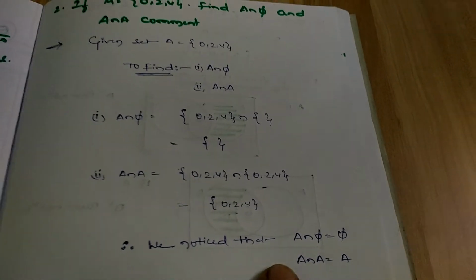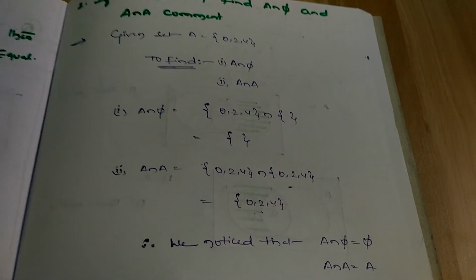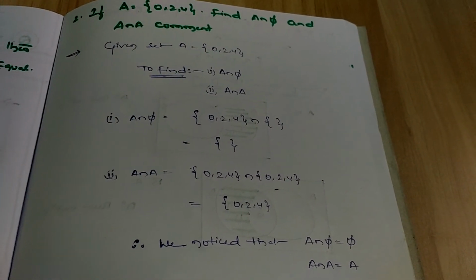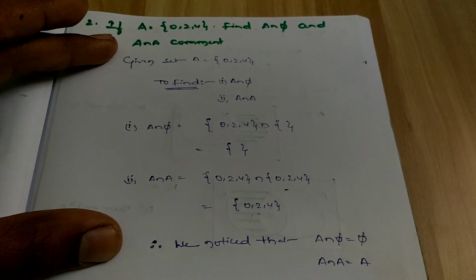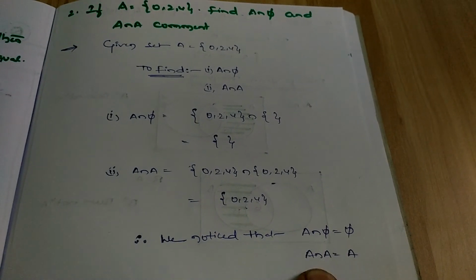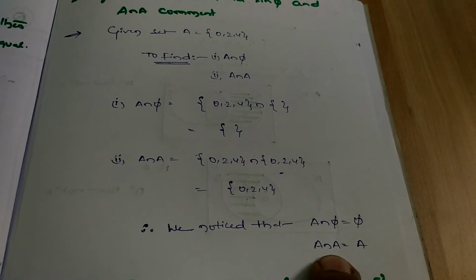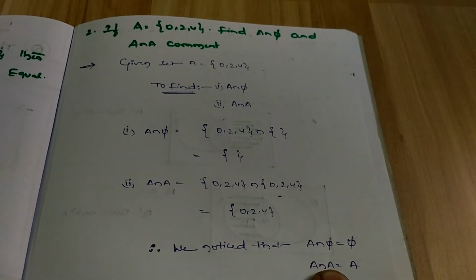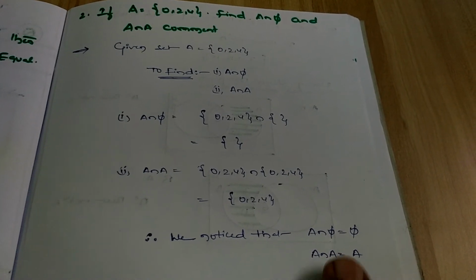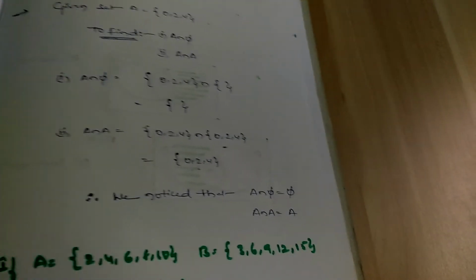Okay, this is actually null set, and itself the given set is common for both the sets. So to understand that concept, they have given this sum, guys. So you have to remember A intersection null set is null set, A intersection A is A. You have to remember these identities. This will be asked in exam for 1 mark question or objective type. You have to remember these identities.